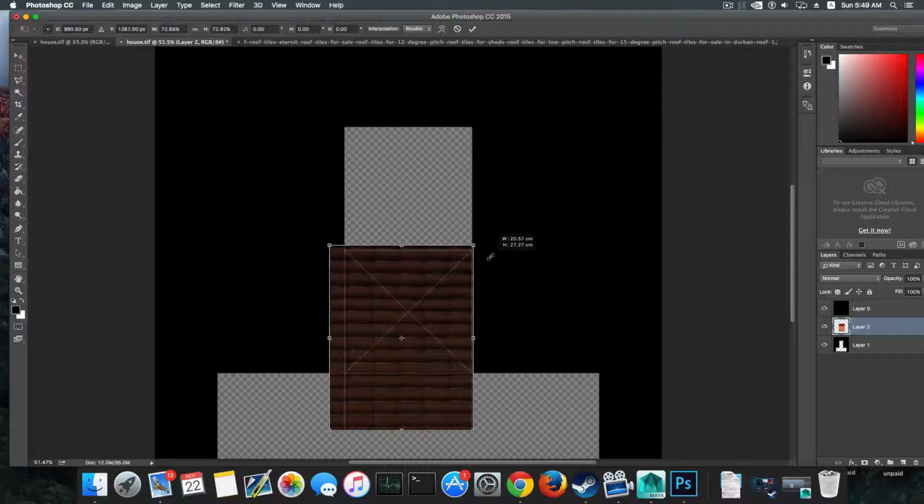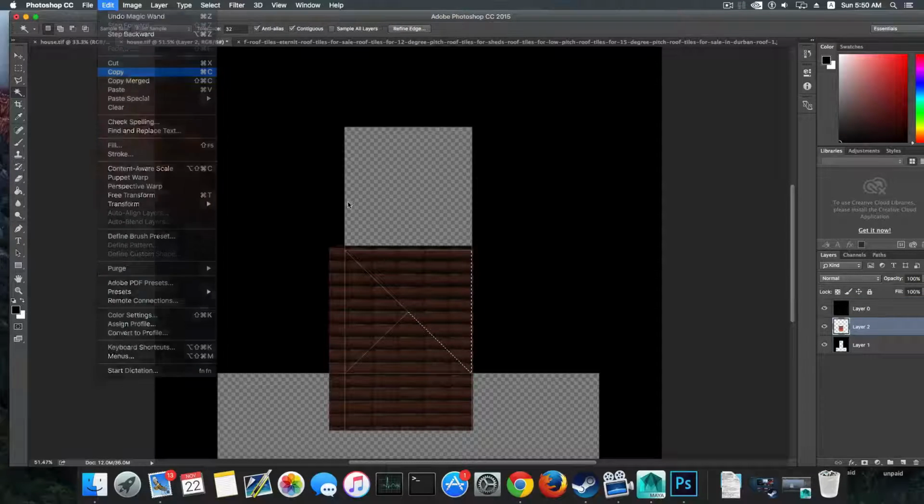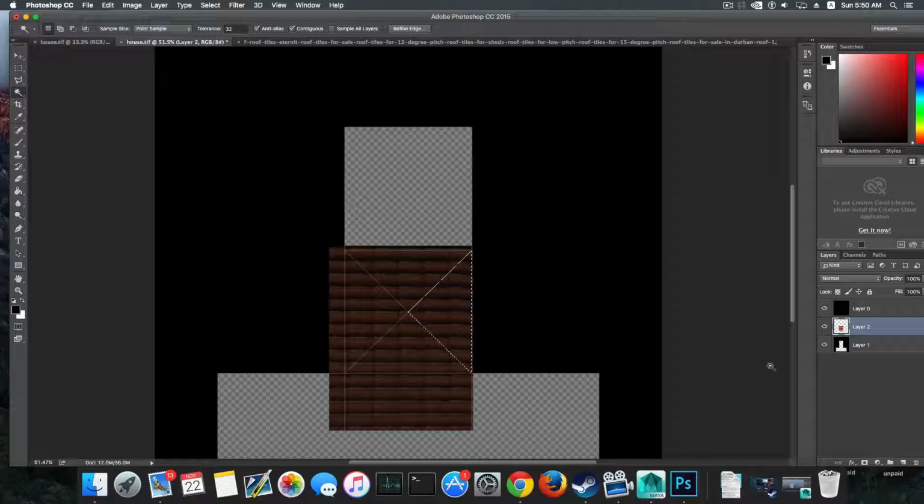I'm trying to match this here to that area, see? So when I'm satisfied with this one, I will keep it that way. I'm gonna take the magic wand tool and I'm gonna grab, well, not this, I'm gonna grab my template one, selecting that triangle, let's do edit copy for this one with this selection, copy, okay, and